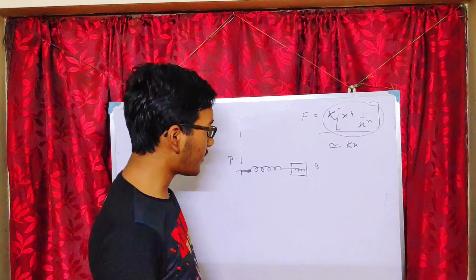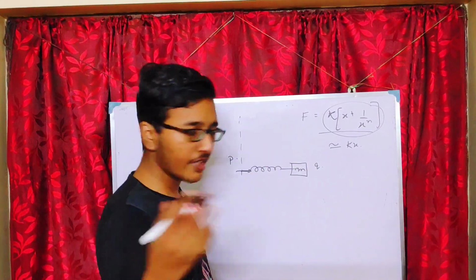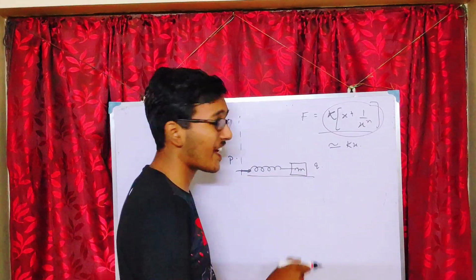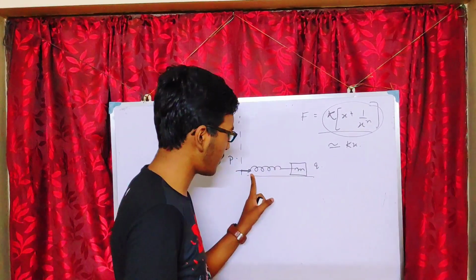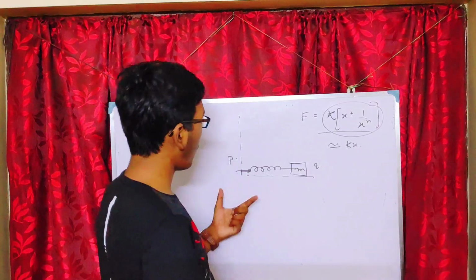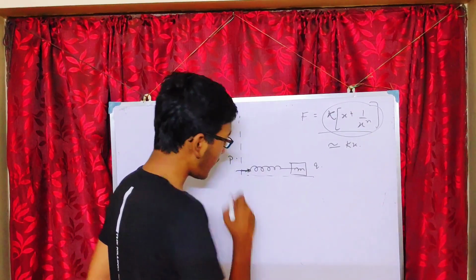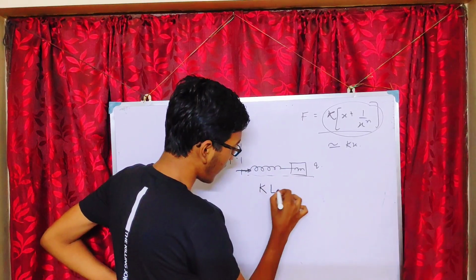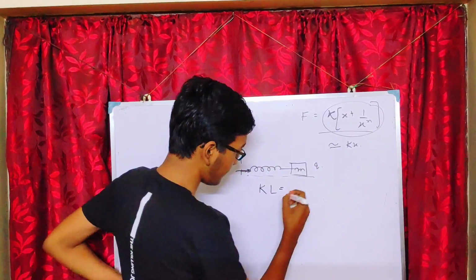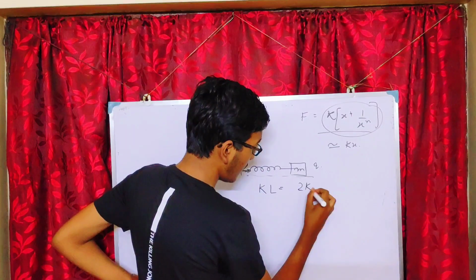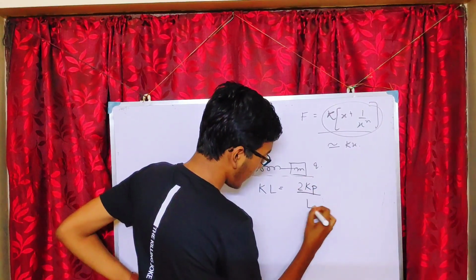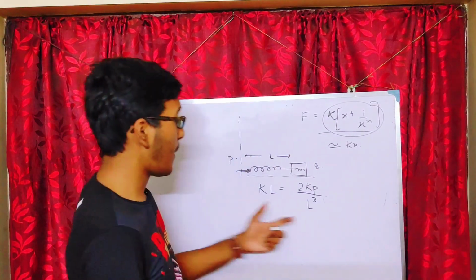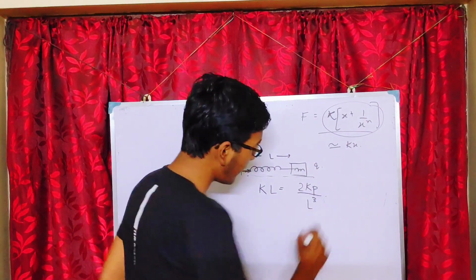So in this case, I am giving you an idea, and you have to write it in the comment down below, and in the next video I would give the detailed solution if I want. Okay, so what you have to do here is first you write the equilibrium position, right? So here what will it be? kL would be equal to 2kp by r cube, which will be L cube, if I consider the natural length to be L. This would be the electric field into Q,